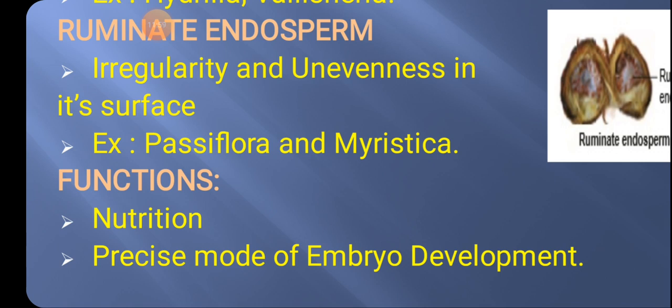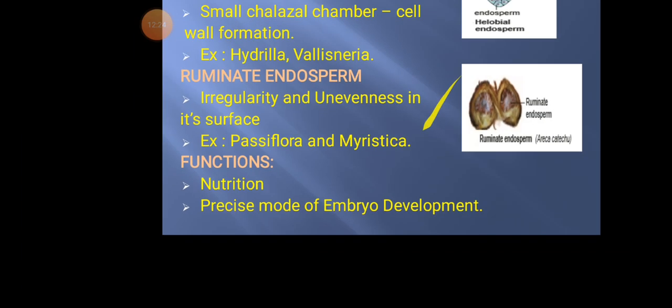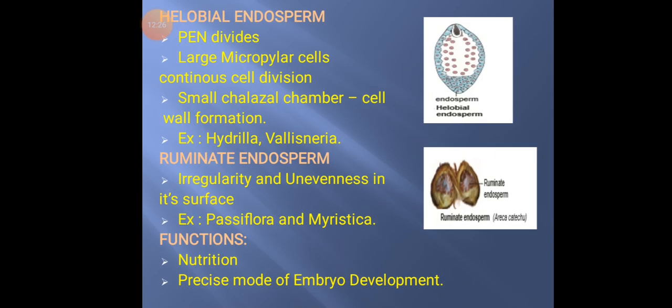The endosperm: the first very important function of the endosperm is nutrition. It only gives food to the growing embryo. So the main important function of the endosperm is giving food, the nutritive function. Then, the accurate, exact mode of embryo development also happens by the endosperm. Okay, then next one,